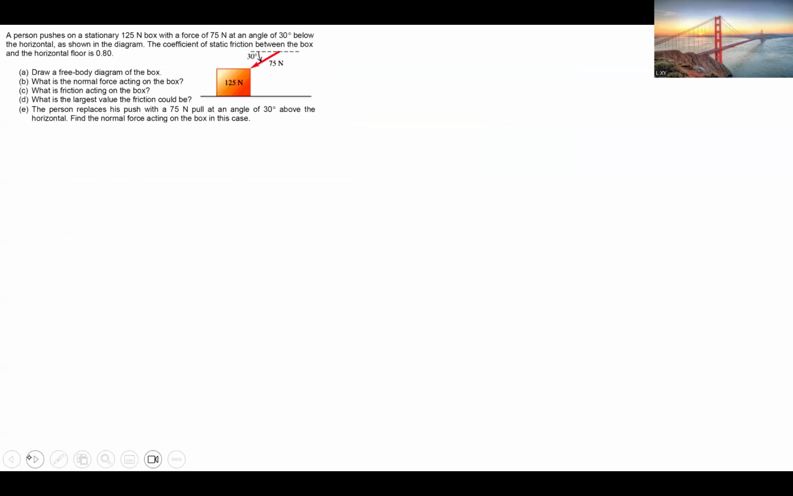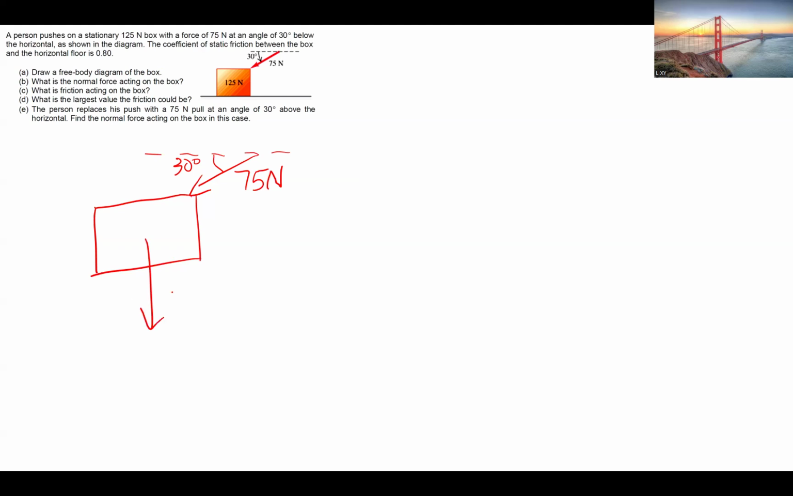Okay, so this is our question, and I'll be helping you solve it. It looks kind of complicated, but actually the answers are quite simple. The only hard thing is that we have to draw the free body diagram. So it looks like this. This is our block. We apply a force of 75 Newton, 30 degrees to the horizontal like this. So we have a weight acting on it,